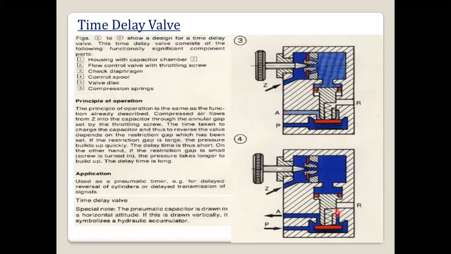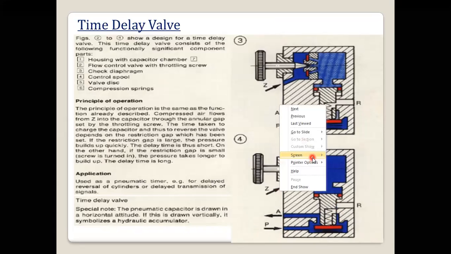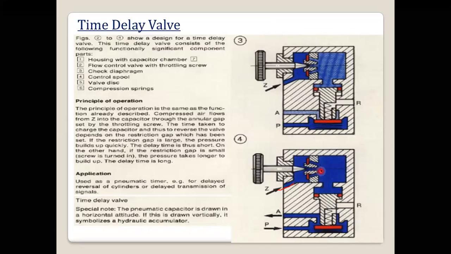So if I release this spring, by controlling this line, मतलब जेट से, if the air is coming from the jet, then it is going to the flow control valve, then storing हो गया. Okay, then when I am actuating this spool, then the flow can be from P to A. Flow can be from P to A.